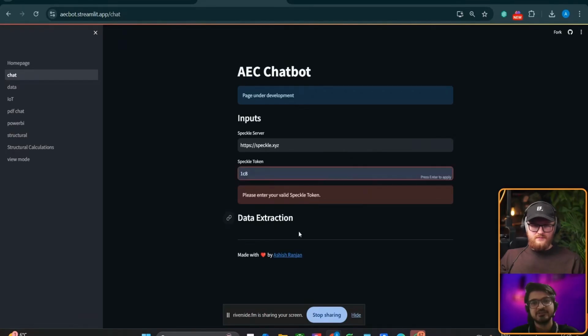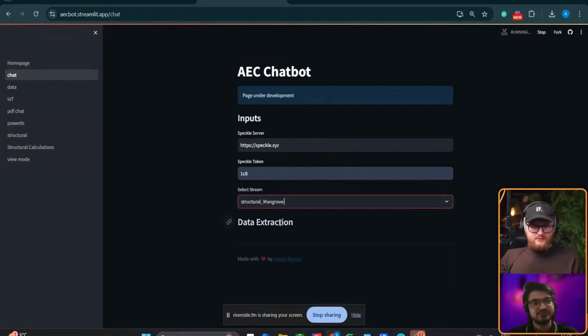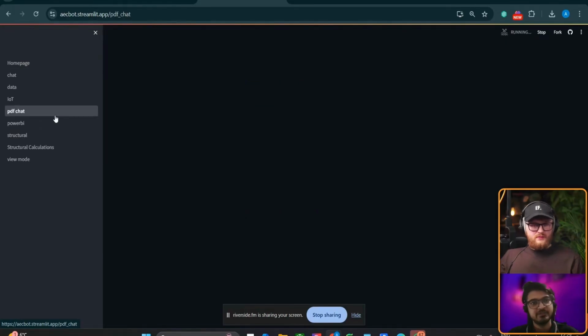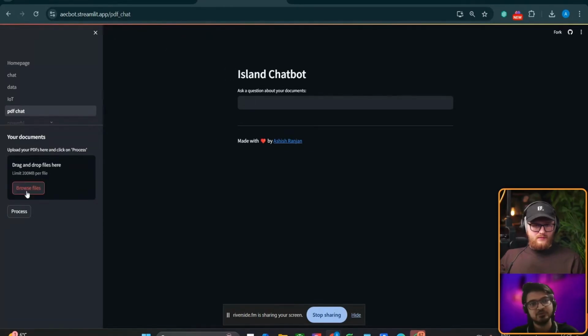You can get this Speckle token and then extract all the data, whatever data you want to chat with. And the main thing which made me use OpenAI with Revit was this platform where you can upload the document. Once you have the data set from Revit or other kinds of documents, you can just upload it here and chat with the data set. So you create a knowledge base inside of Streamlit, and then you can connect it to